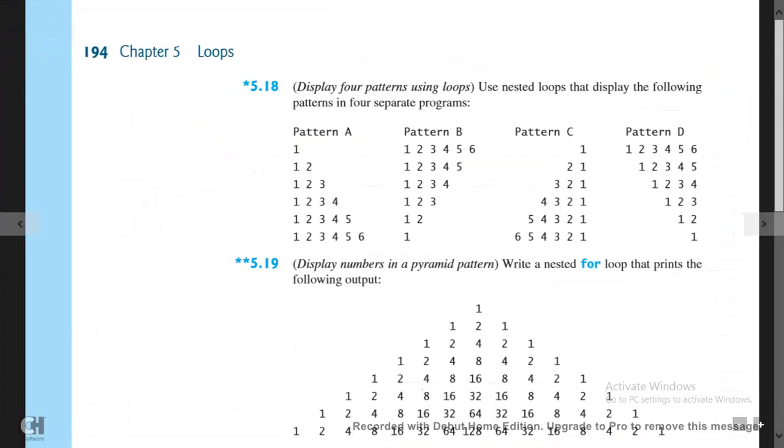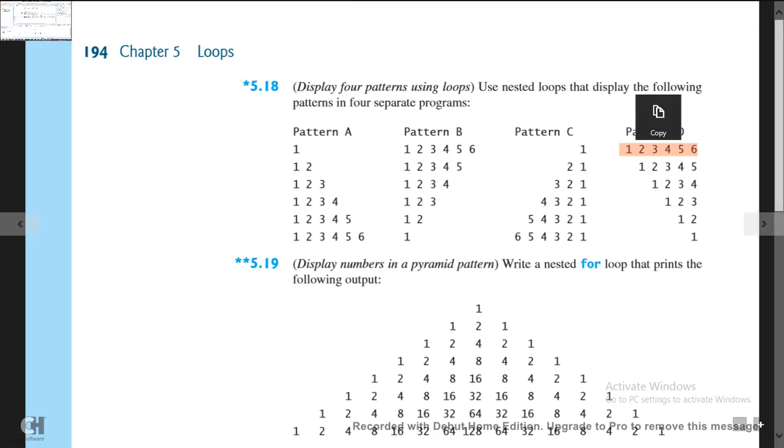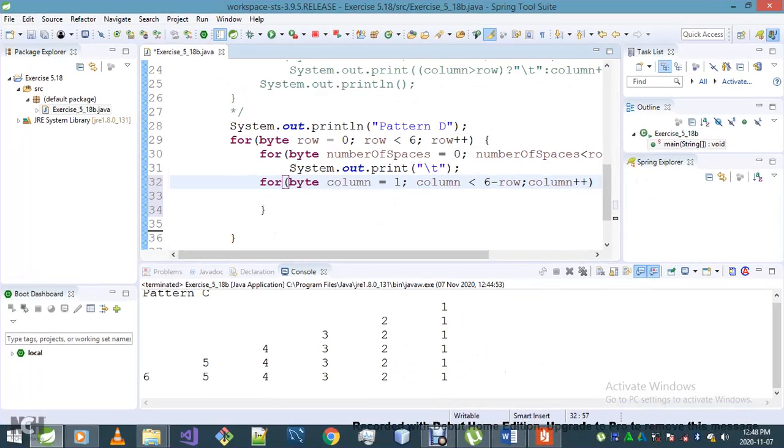You see we've got 0 spaces here, so since our i is 0, we have 6 minus 0, which is 6. So basically we'll be displaying 6 numbers,